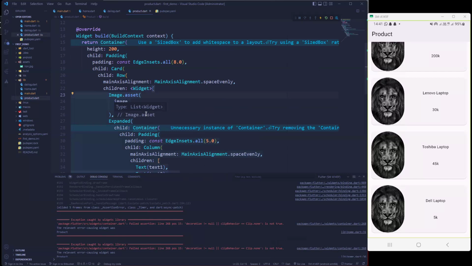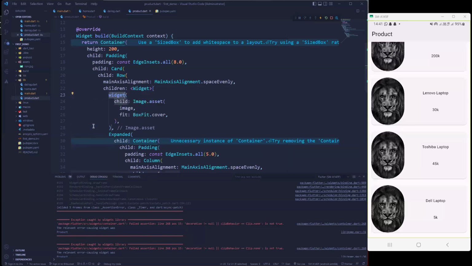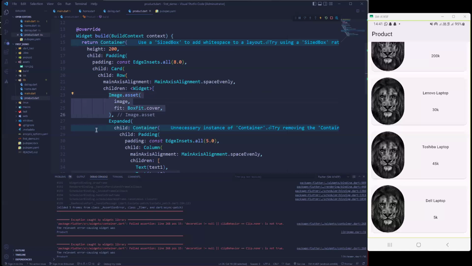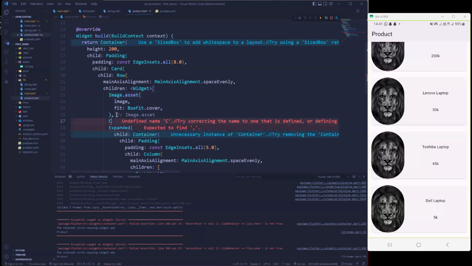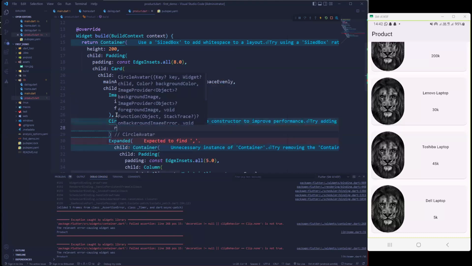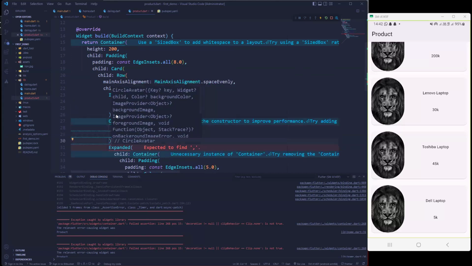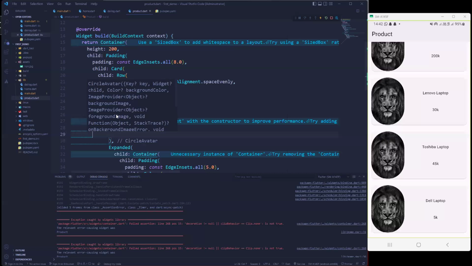Or let me see if I can remember. Okay. I think. Wait, let me see. I don't know if I can wrap it with. No, so it's not something you wrap with, but it's a widget on its own called CircleAvatar, right? It's a widget on its own. So you give it a radius of let's say 50, and then you give it, let me put a comma here, and then you now give it a